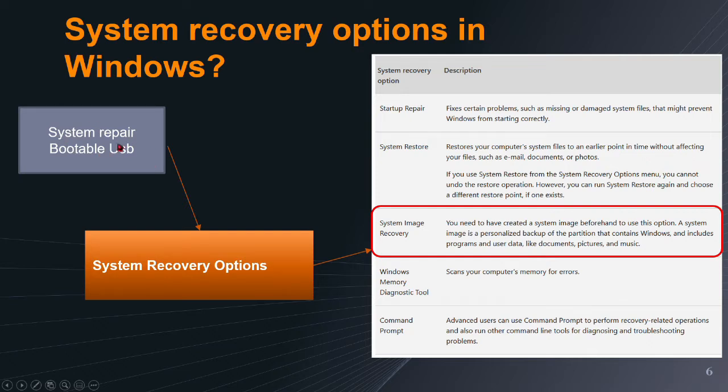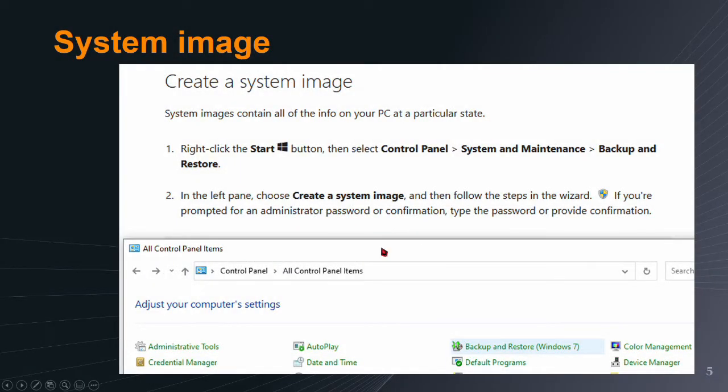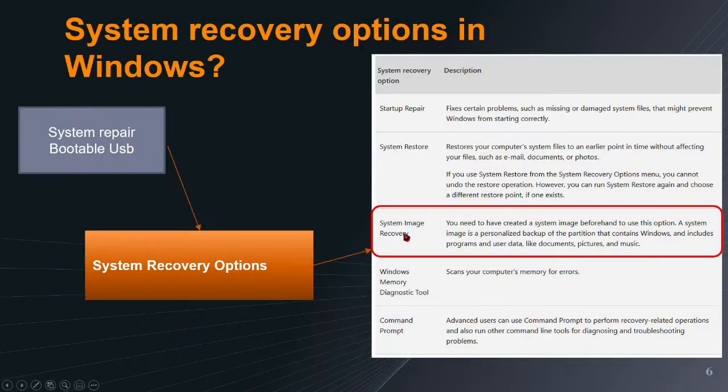With the Windows system repair tool that you can boot on, you have system recovery options. This is coming from the Microsoft website, and in these different options, you can select a system image recovery. What you must be aware of is that the system image recovery requires full access to a given disk.